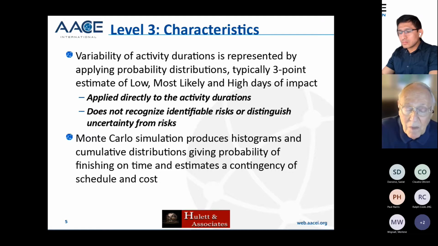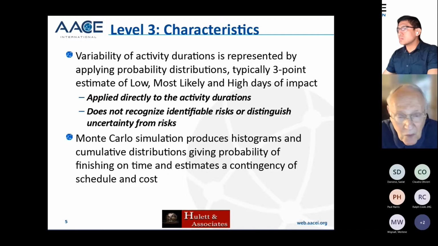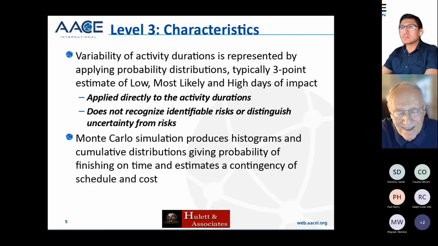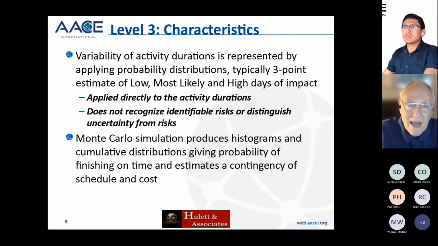And one of the things it does do, and we'll mention this again, is it gives you the opportunity to say which activities are more likely to be on the critical path once risk is assumed, which might be new information to the project manager because he or she doesn't know anything beyond the critical path shown in Primavera P6, for instance. Remember, one of my friends said, I know what the critical path is. It's the one in red in the scheduling software. And I said, well, wait a minute, with the risk, it may not be the one that is most likely to drive the project. And so sometimes that is new information at level 3.